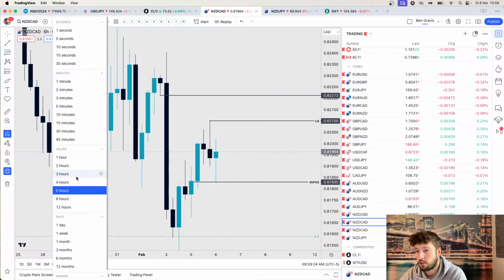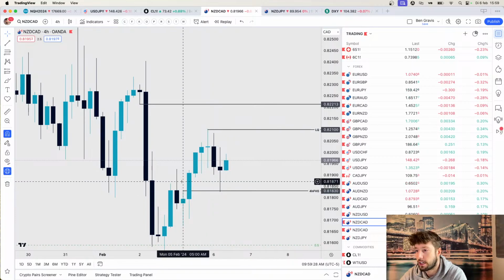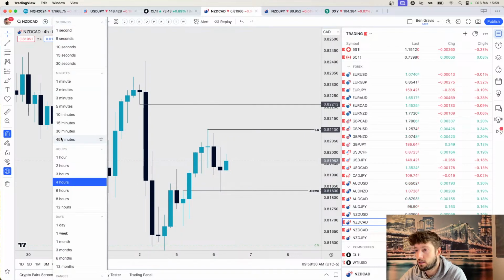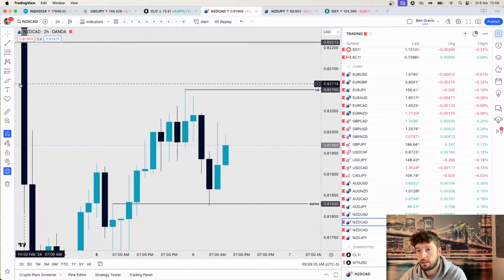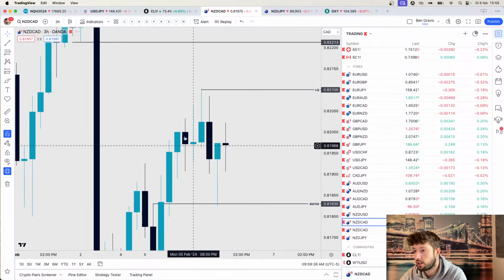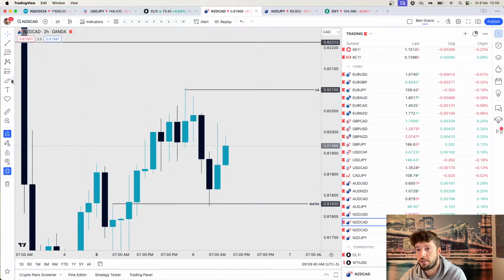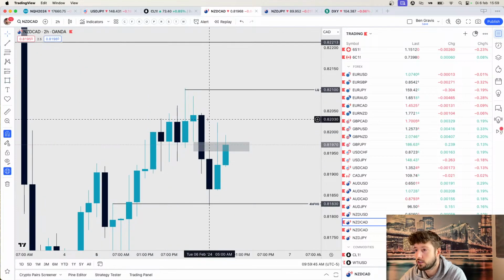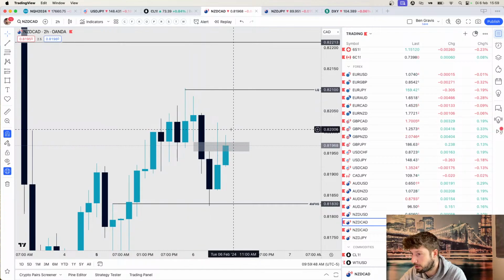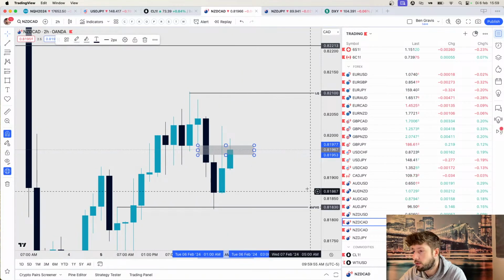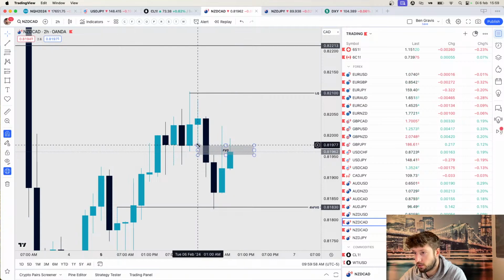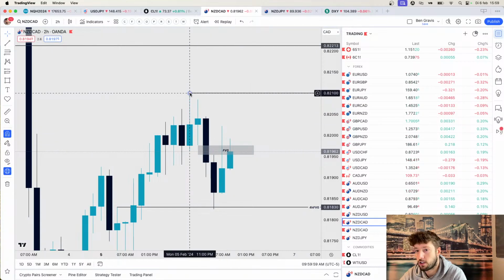So the 4 hourly has this fair value gap, so it tapped into that fair value gap. What else can we see now? Let's just check on the 3 hourly, nothing, but on the 2 hourly we have this fair value gap here. And if that one closes, then I would like to see liquidity up top here. So that's within 1 hour. So within 1 hour, if it closes beyond this fair value gap, you have to target this zone, and this